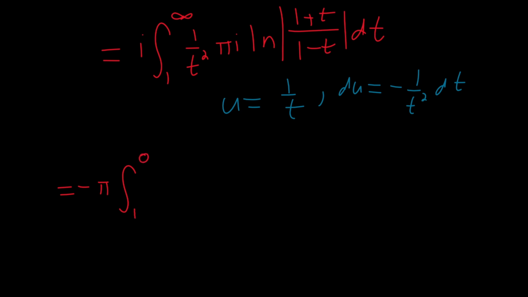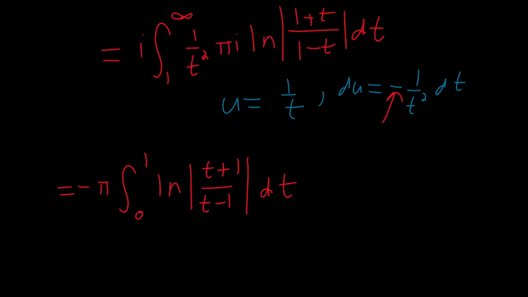The t squareds are going to cancel, and we're going to get an extra minus sign, which is this right here, but I'm just going to use that to flip the bounds real fast. So from 0 to 1 of the natural log of (1 plus 1 over t) over (1 minus 1 over t), but we can just multiply the top and bottom by t, so we really get the same thing. We get t plus 1 over t minus 1